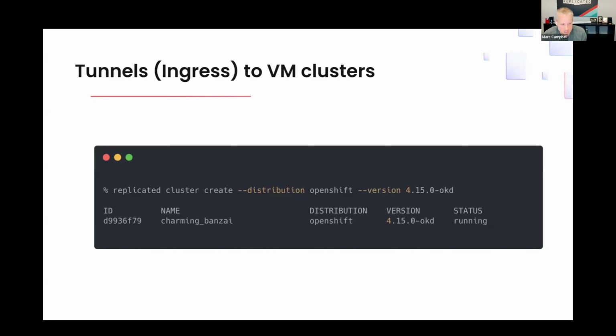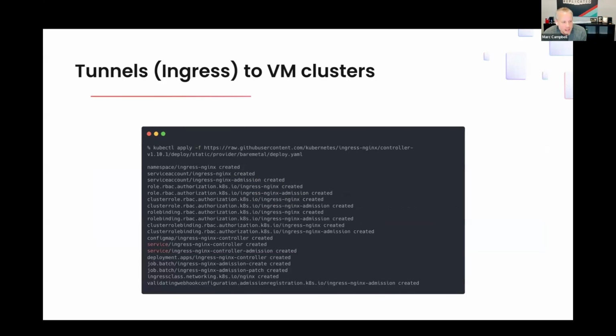Here, I create a cluster. So I'm creating a simple OpenShift 4.15 cluster using the CLI command. And then I'm going to kubectl apply just the Nginx ingress controller. There's nothing replicated on the screen here. This is just deploying the default Nginx ingress controller, which, like I mentioned before, defaults to a node port